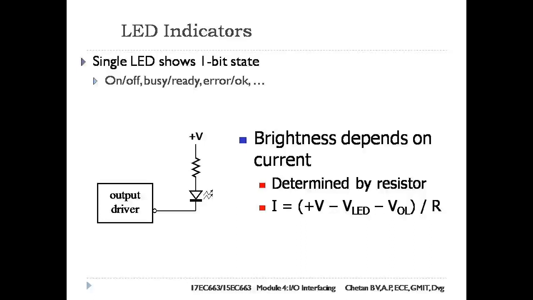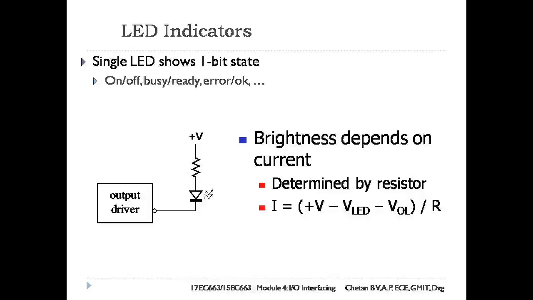When the output of the driver is a low voltage, current flows through the LED, causing it to turn on. The resistor limits the current so as not to overload the output driver or the LED. The resistance value is chosen to determine the current and the brightness of the LED. When the output of the driver is a high voltage, the voltage drop across the LED is less than its threshold voltage, so no current flows. Hence, the LED is turned off.